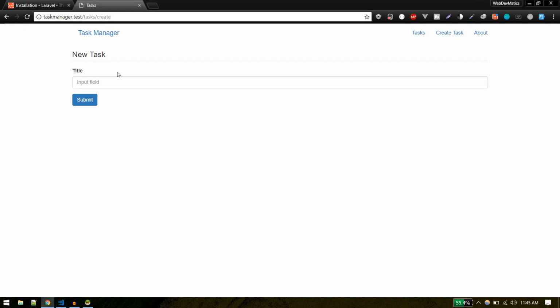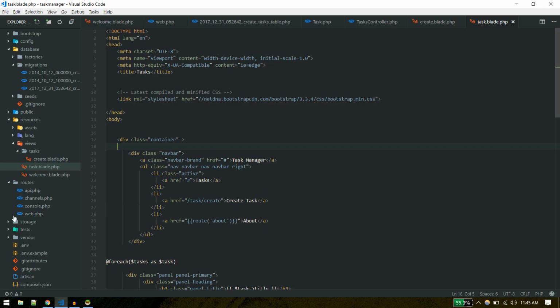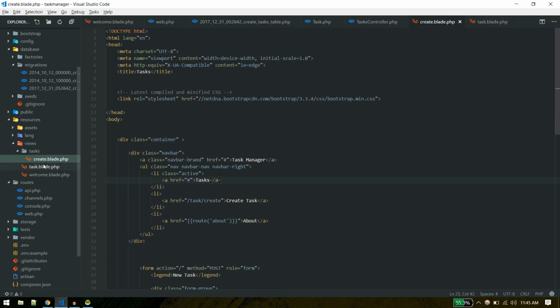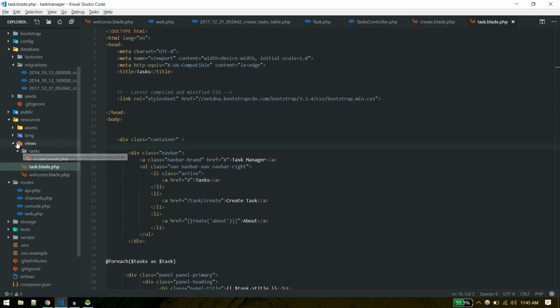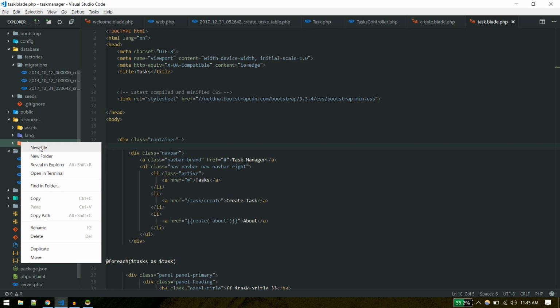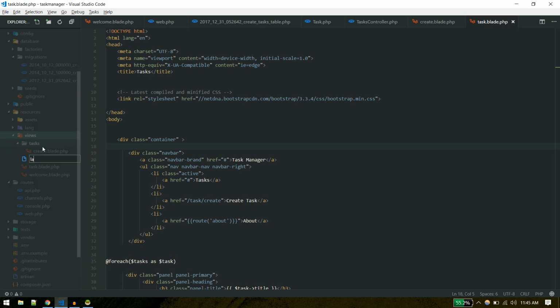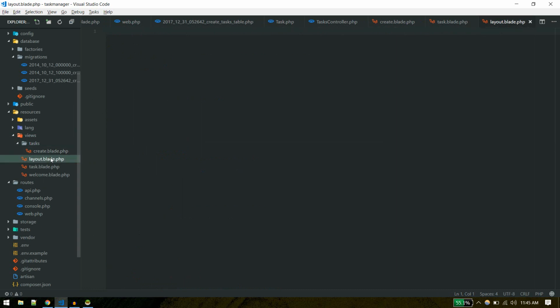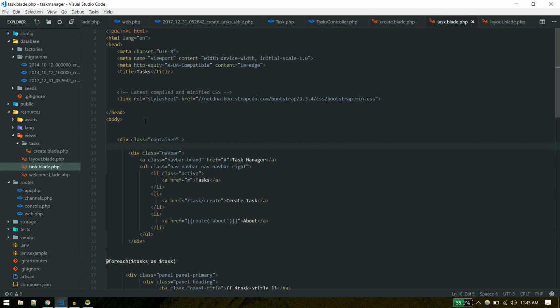By the way, this layout will be the same for any other page which we'll be creating, so it's not good to repeat this all the time. So we can create a new file inside views named layout or master or whatever name you want to give it. So layout.blade.php. This will contain the layout of our application, which will contain all the necessary code like this